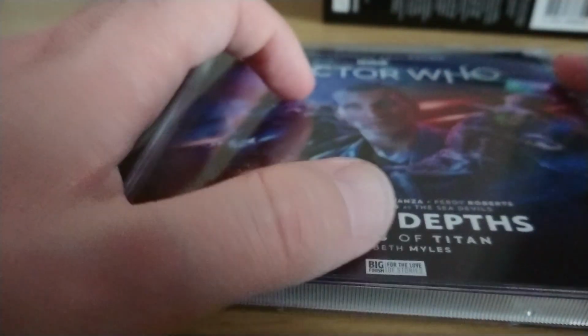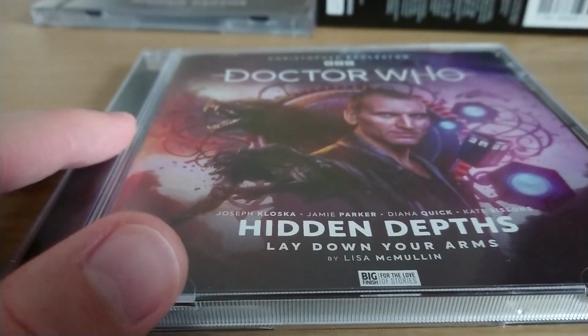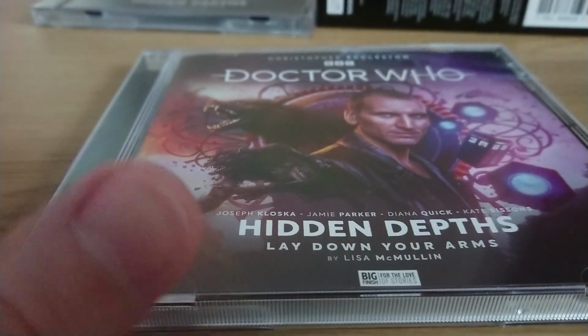Really enjoyed it, and Chris Eccleston's really coming into his stride with it now. He's especially confident in the next story. I found he just owned it. He was just so fun as a character. Starting to bring in some of the ideas about the Time War, sort of touching on that, but this was